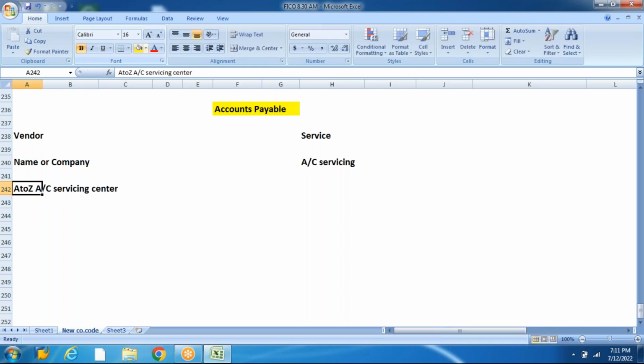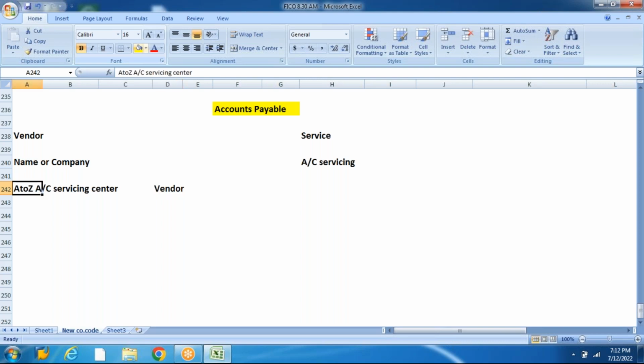Assume that this is the name of a company which is providing AC services. Now this A to Z AC servicing center becomes your vendor. This becomes your service provider, or the vendor, for you. Now, when you're getting your AC serviced from A to Z AC servicing center,